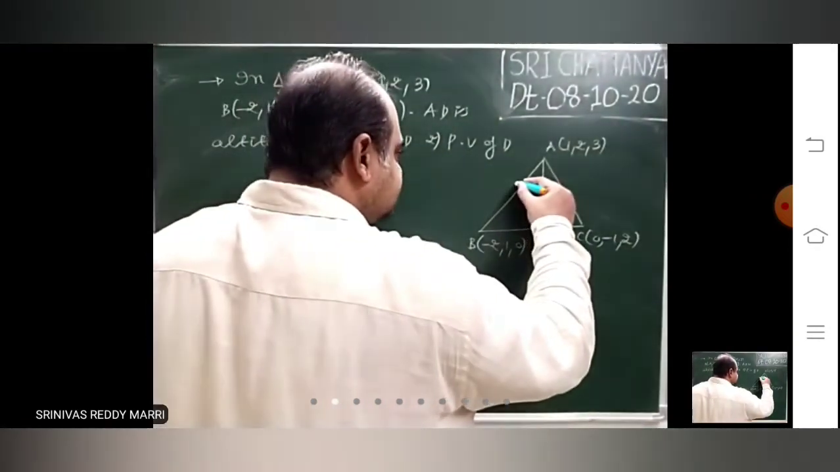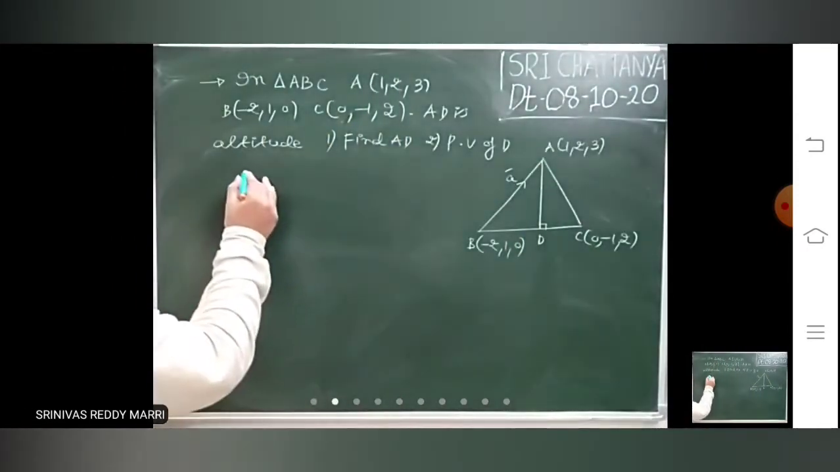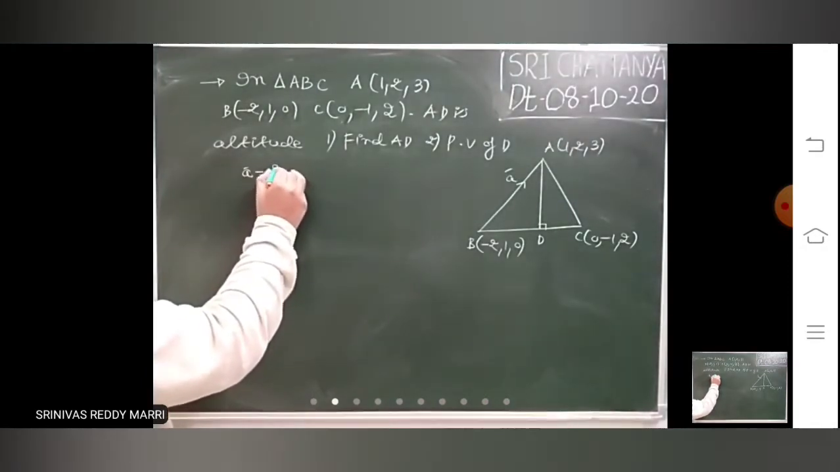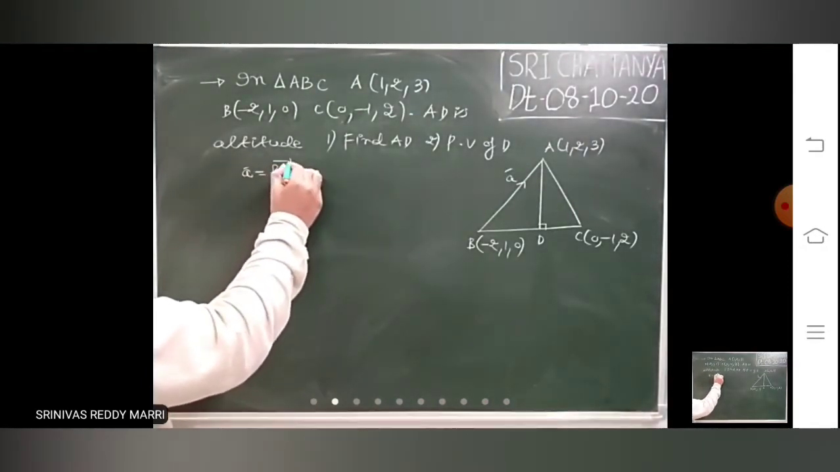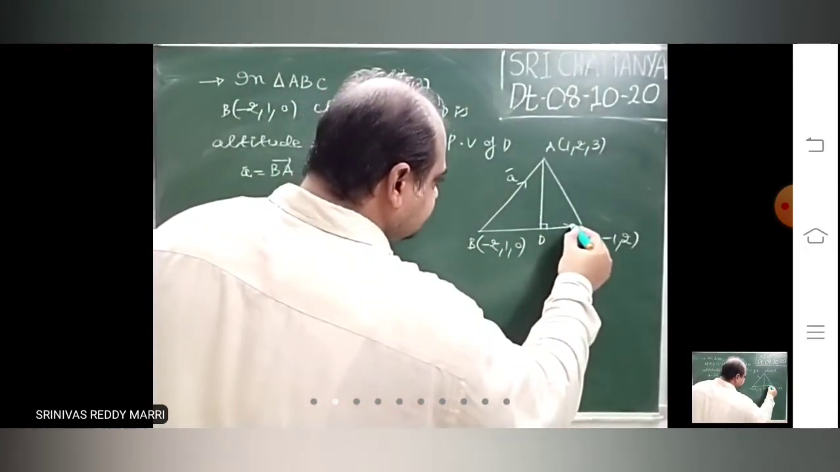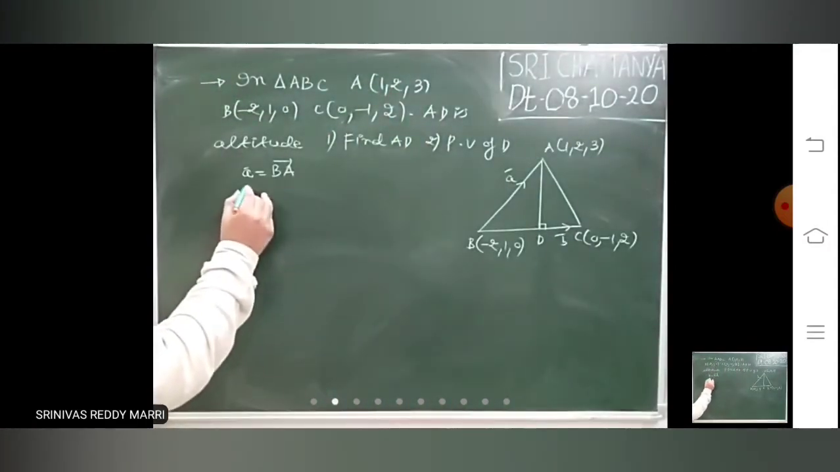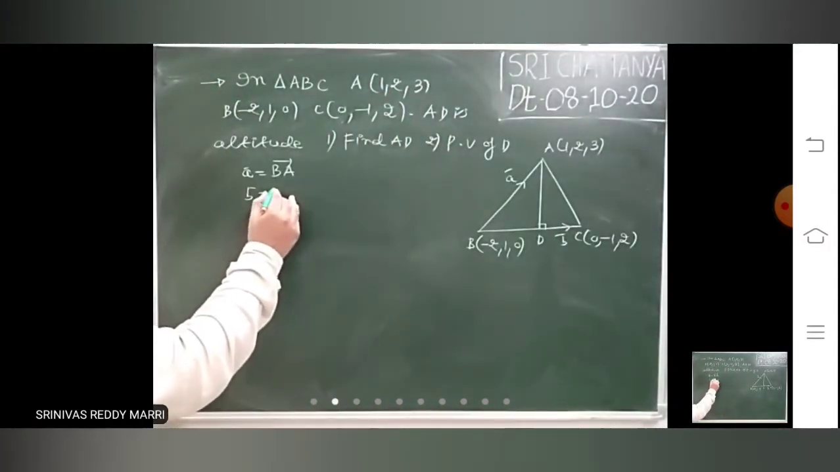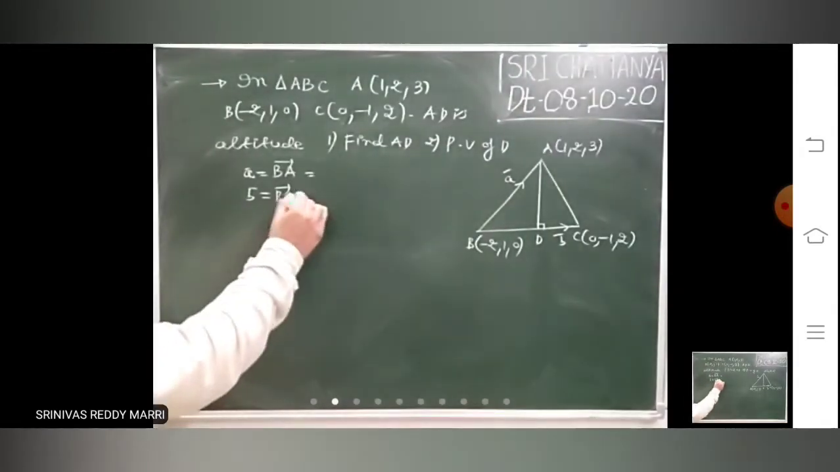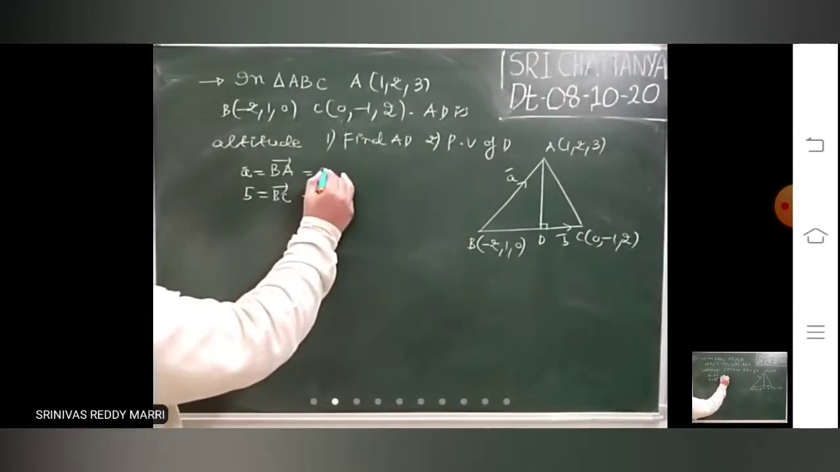So let us say this is A bar. A bar is nothing but BA bar. Similarly, this BC bar is there. You take the B bar equals BC bar. So these vectors you can calculate. This is nothing but